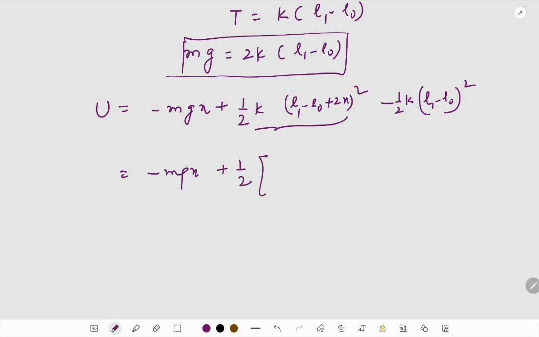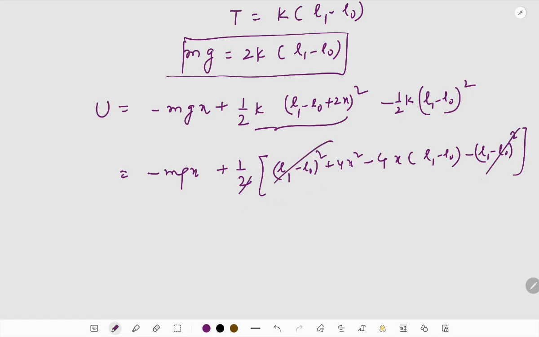I would like to take a common factor here, so that I can write it as (L1 minus L0) square plus 4x square plus 4x(L1 minus L0) minus (L1 minus L0) square,